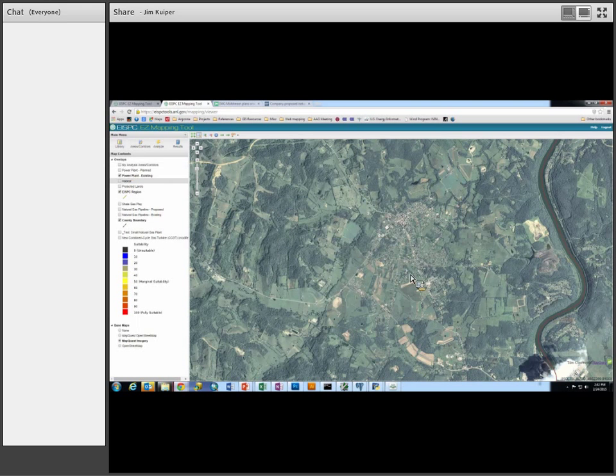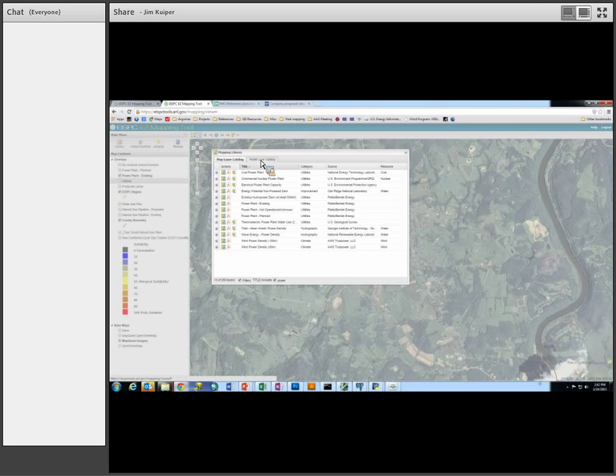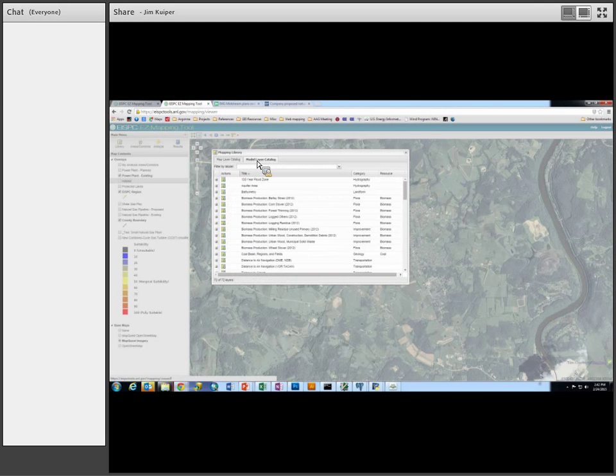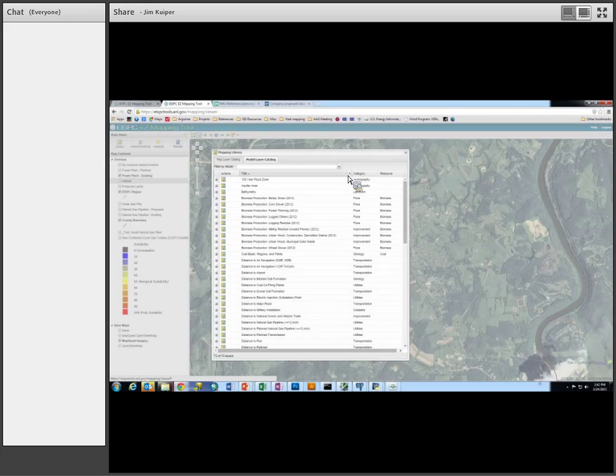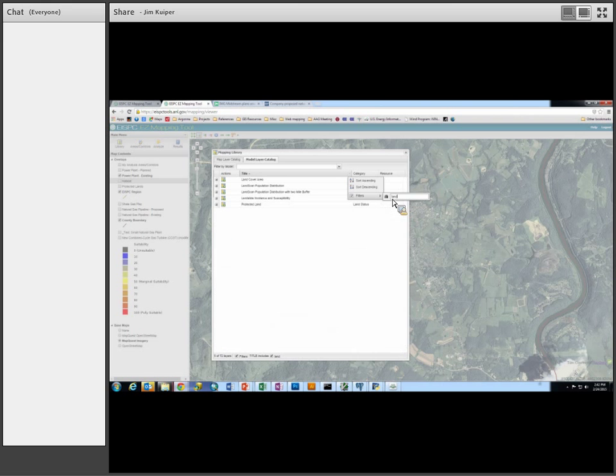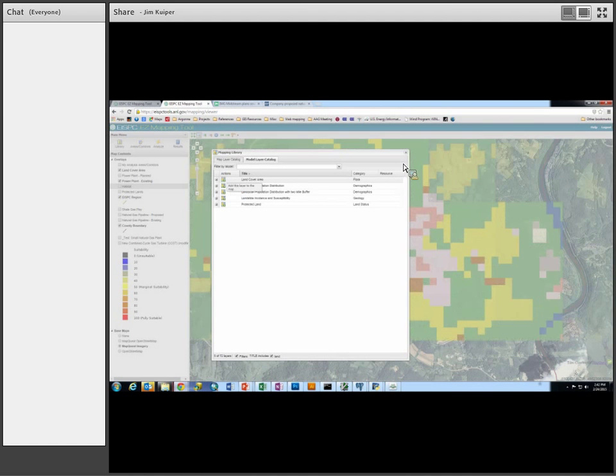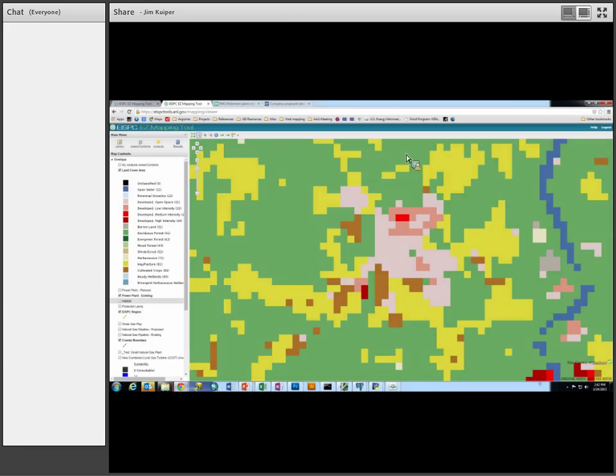All right, another way to inspect data is the model layers themselves. So if I look in the library, every modeling layer is in the model layer catalog. And if I take a look here, I can search by title. So for example, land cover. Here's my land cover map, and it gives you a sense of the level of detail in it. If I make it transparent,